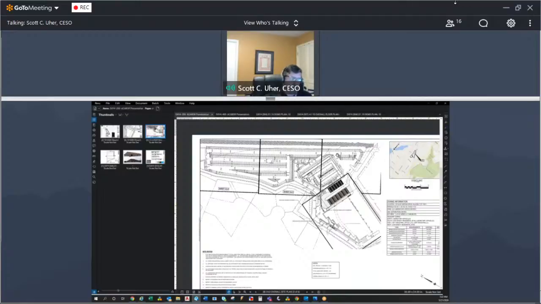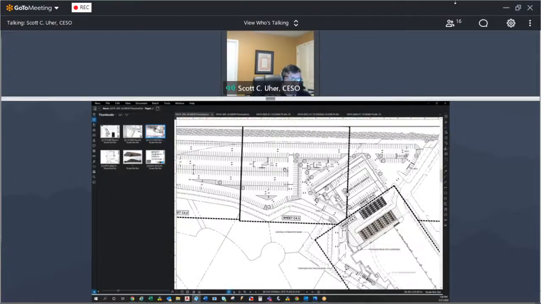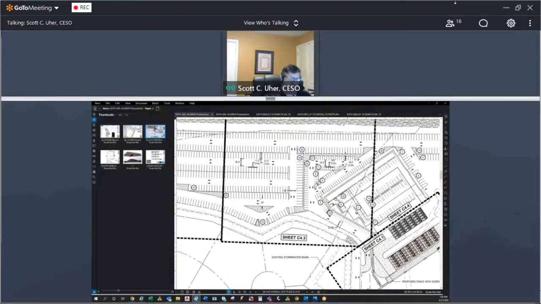Ultimately, there's not a whole lot of land disturbance with respect to the site. This parking here to the north of the building will be primarily just utilized. It's already existing, and it'll just be restriped for van parking. And then this portion of the building here, which is 200, will all be used for van storage. It's currently used for, I believe, vehicle storage and repair in this building.